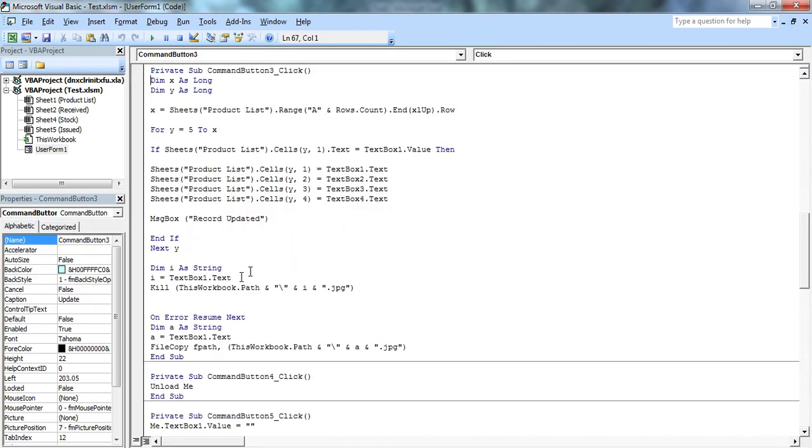Same coding we are using in the update button also, because what we are doing is deleting the picture and then re-adding it, because maybe you need to change the picture along with the record, or if you want to keep the same record, it will still work.